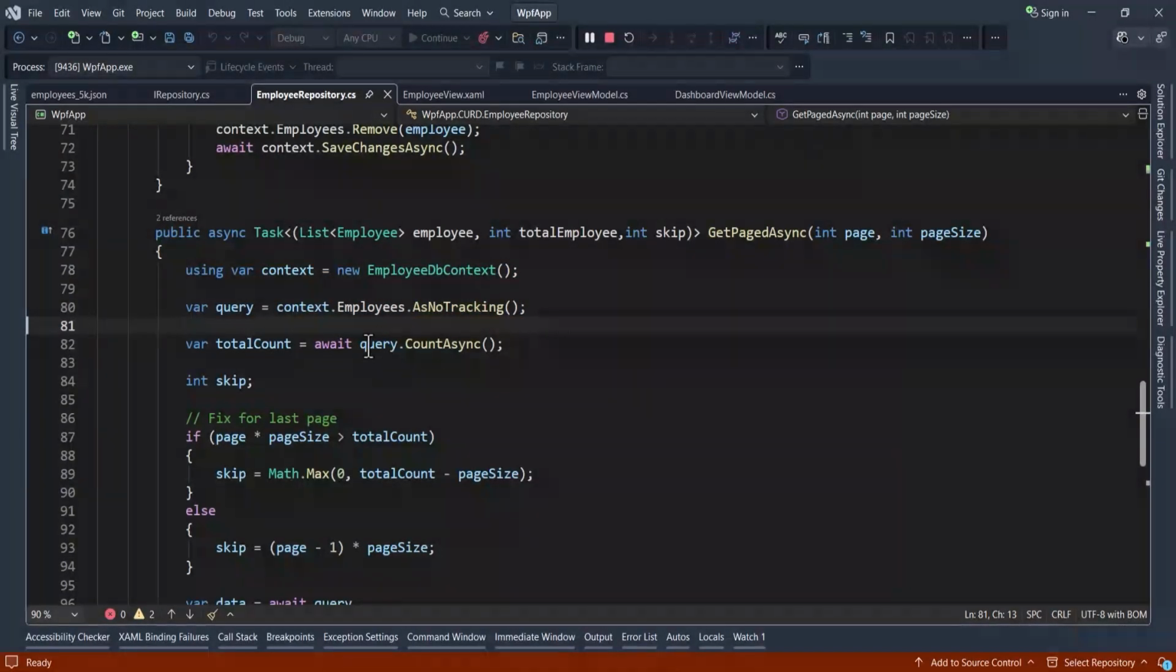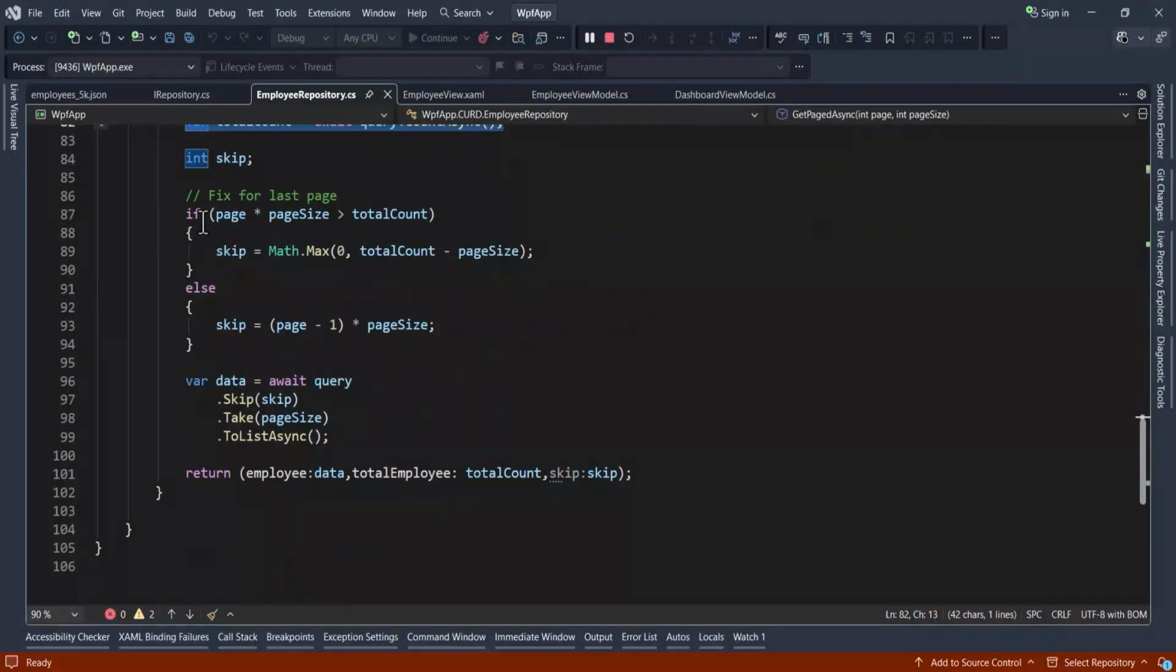Then I am getting the count of the employee, total employee. Then here I am checking page into page size greater than total count, then we will skip max of total count minus page size. If it is less than or equal to, then we will skip page minus 1 into page size, and then we will use LINQ query. So using query, we will skip this many data,